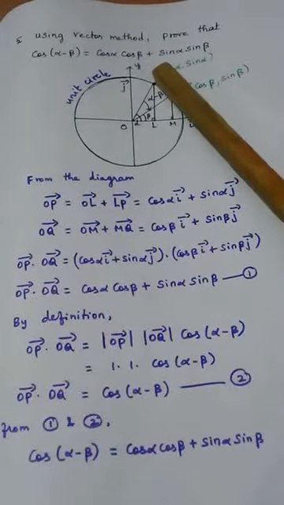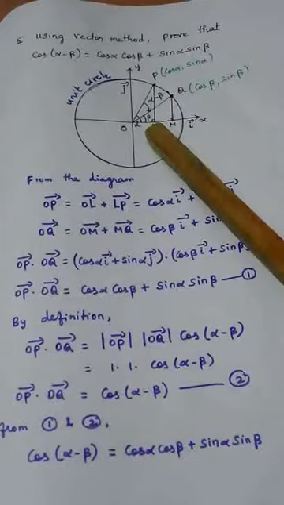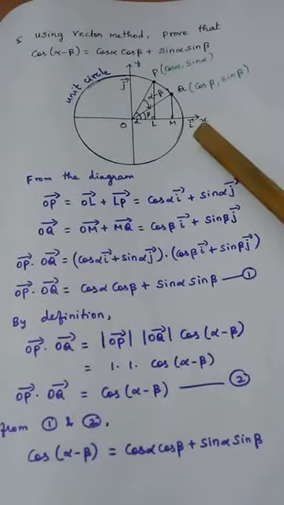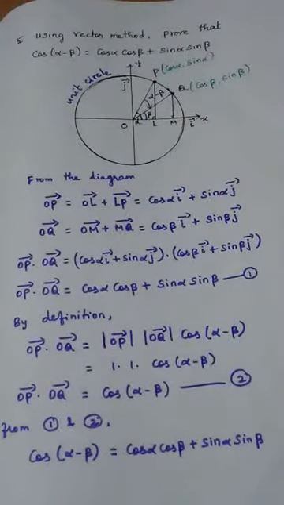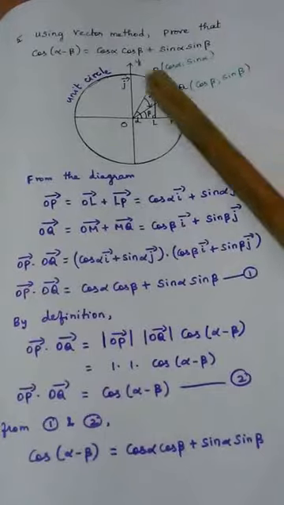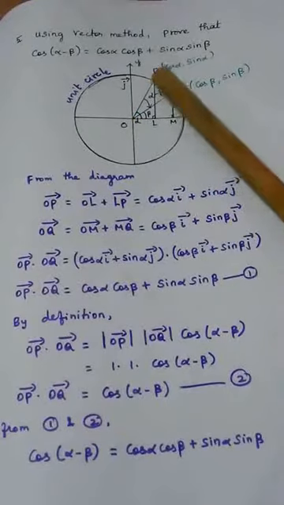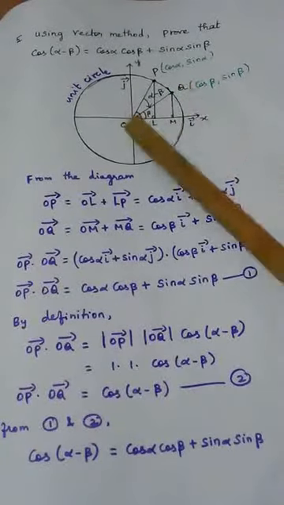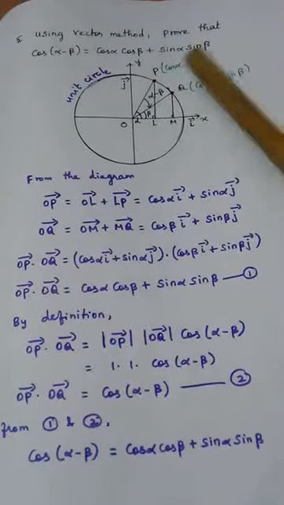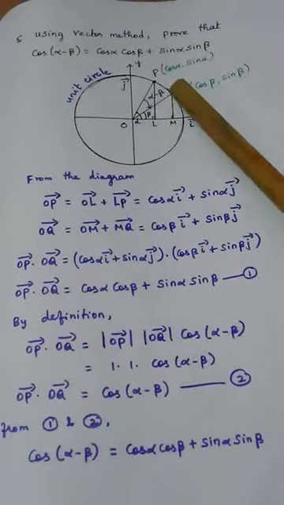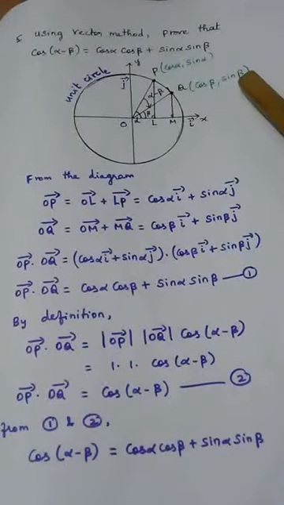Then we are drawing a perpendicular from P and perpendicular from Q, which meet the x-axis at L and M. I vector is the unit vector taken along x-axis. J vector is the unit vector taken along y-axis. So again I repeat the diagram. First unit circle, x-axis, y-axis, center is O. Take two points P and Q on the unit circle, connect OP and OQ. OP makes angle alpha with x-axis, therefore P is the point cos alpha, sin alpha. OQ is a line which makes angle beta with x-axis, therefore the point Q becomes cos beta, sin beta.